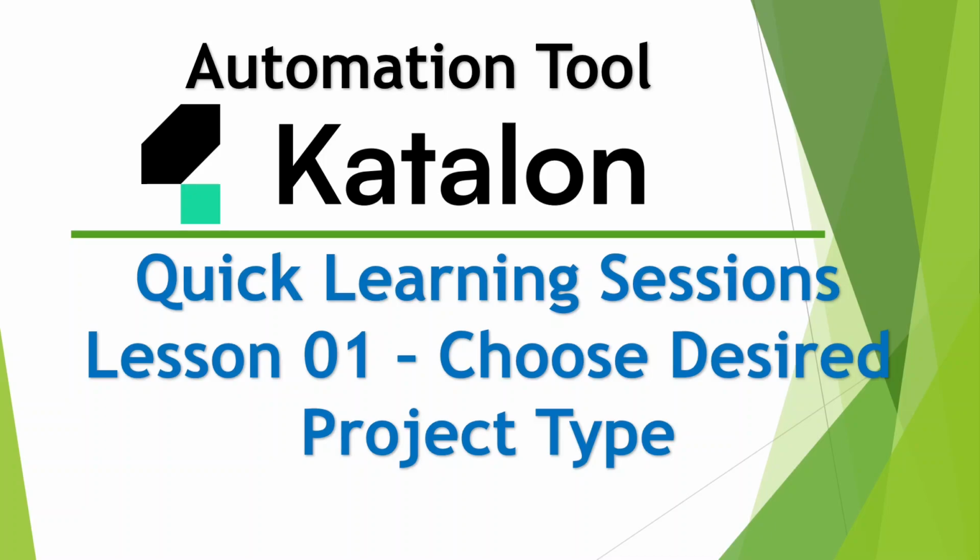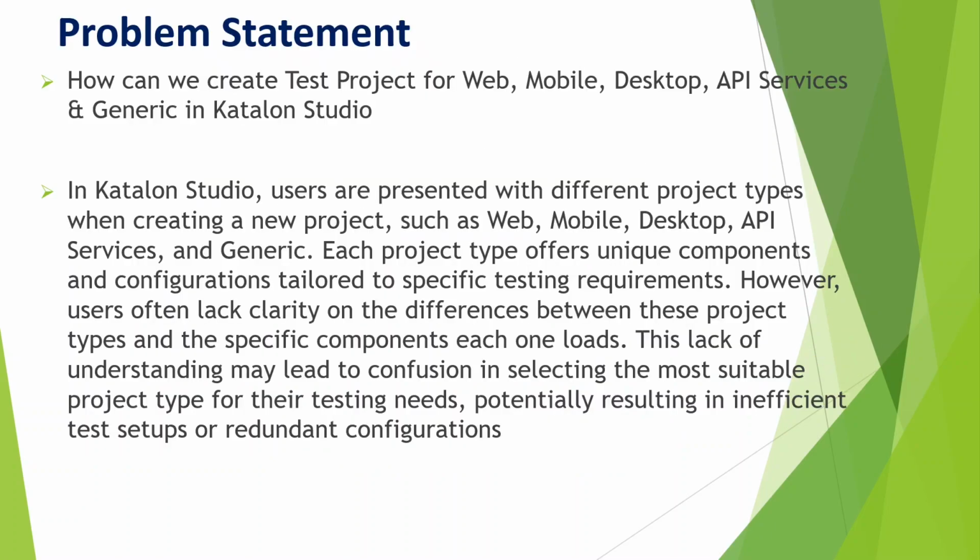This is our lesson 1. Choose desired project type in Katalon Studio. What is the problem statement? How can we create test projects for different types of testing like web, mobile, desktop, API services, and any generic projects in Katalon Studio? So in Katalon Studio, users are presented with different project types when creating a new project